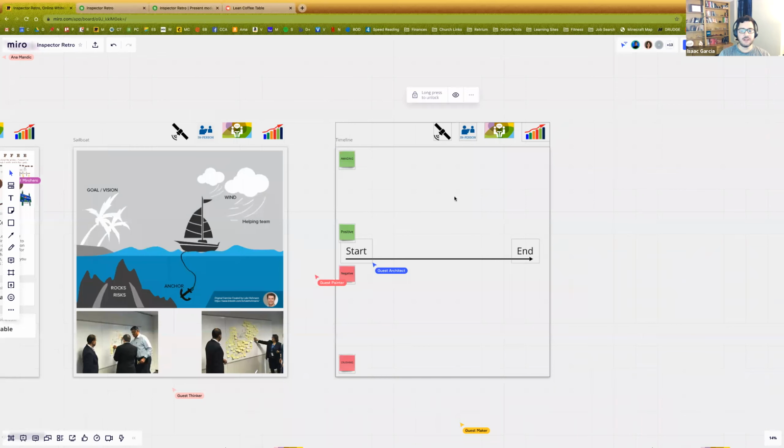Lastly, I'll say this one, which is timeline. You all already kind of put your one words over there before. What you can do is say, hey, everybody put a sticky note on the timeline, the start of the sprint, the end of the sprint, things that happened. If it was a good thing, make it a green sticky note, put it up high. If it was a bad thing, make it a red sticky note, put it down low.